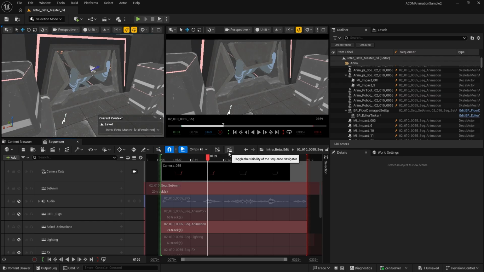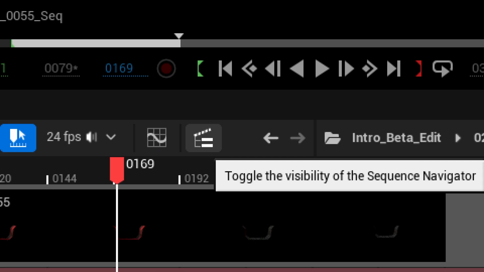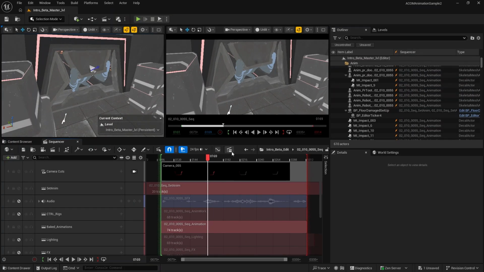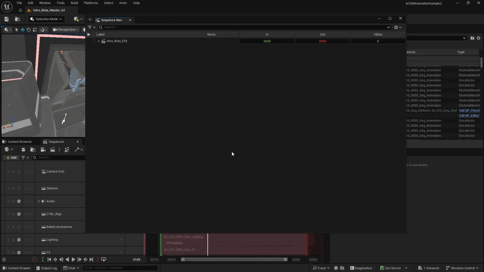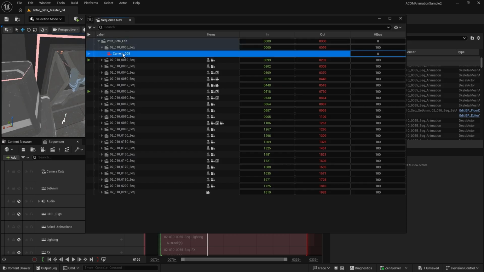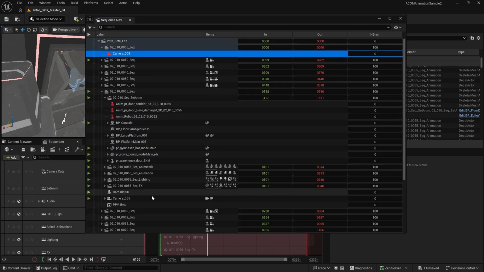If you take a closer look at it, you will see that it looks like a hierarchy. So it basically toggles the visibility of the sequence navigator. If you click on it, you will open the sequence navigator and all the sequences and subsequences will be listed here chronologically. If you click on one of them, you will see what's inside of it. And all the subsequences are also listed underneath it.